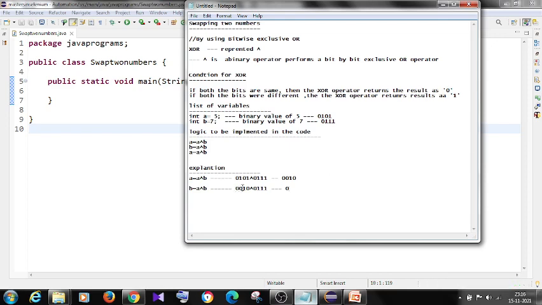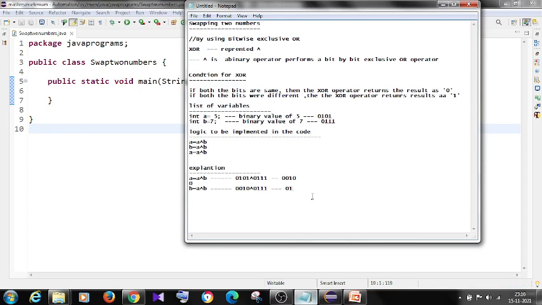The second one is 0, 1, different, so it will return 1. The third one is 1 and 1. Both are same, so it will return 0. The fourth one here is 0 and here 1. Both are different, so it returns 1.